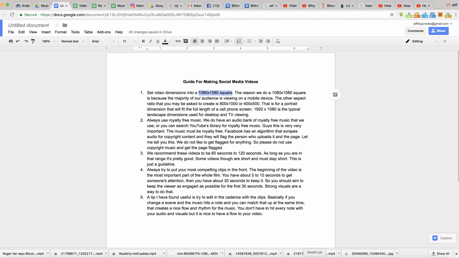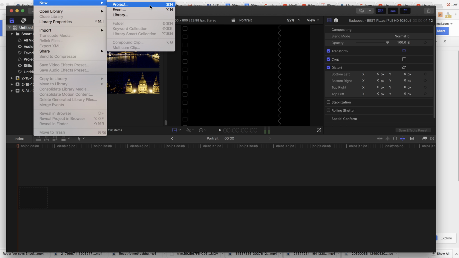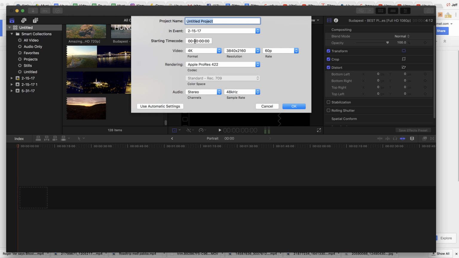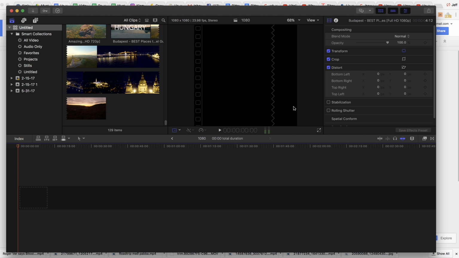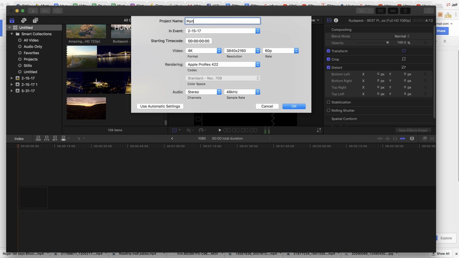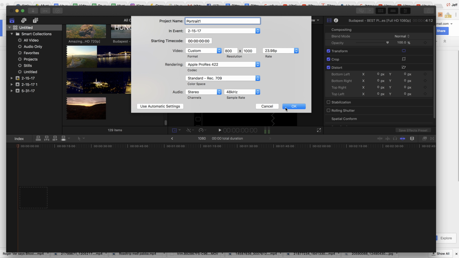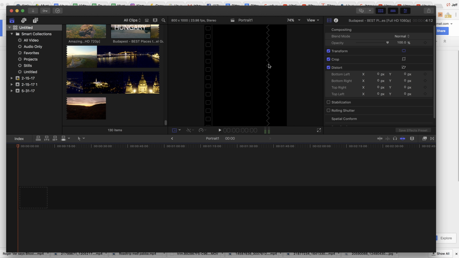I'll just show you how to do that real quick in Final Cut Pro, but it might depend on which one you're using. Unless you're told otherwise, to change the resolution, it's 1080 by 1080. Let's go ahead and show you 1080 by 1080. So we go custom, 1080 by 1080. See, there's the square. Now you could do potentially portrait. See that? That would fit a mobile screen